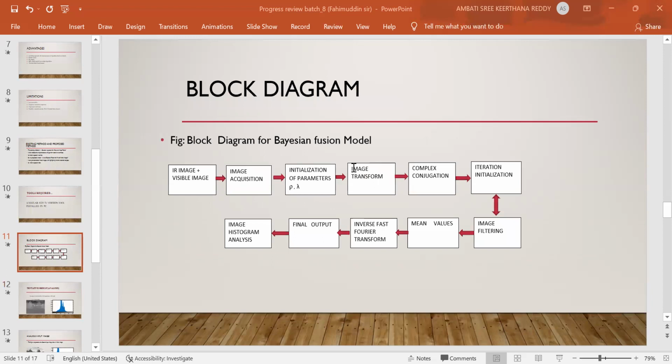The block diagram included in our project. The phases of Bayesian fusion are duplicated in the block diagram. Let me show. Here the first block represents the raw inputs, which are nothing but infrared and visible photographs, first imported from